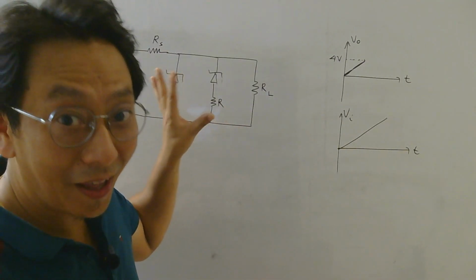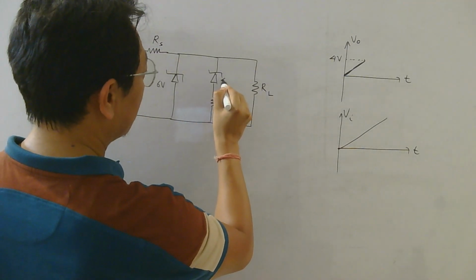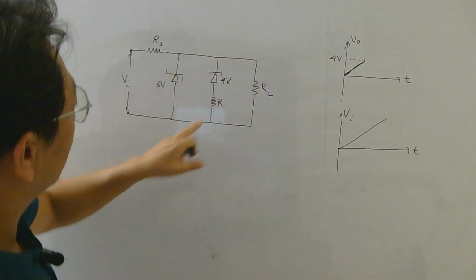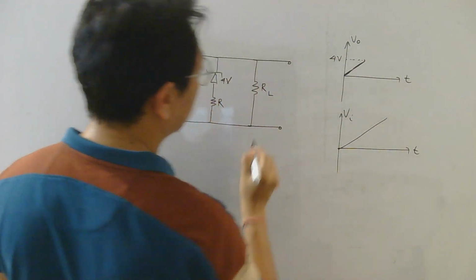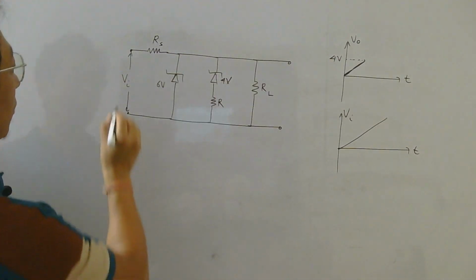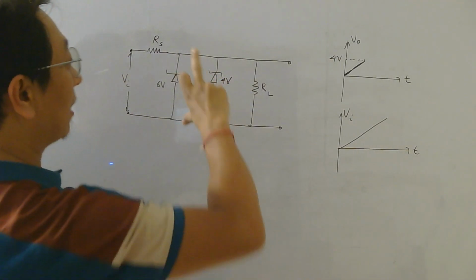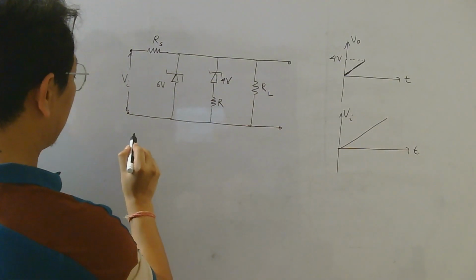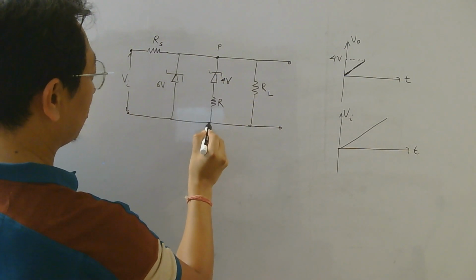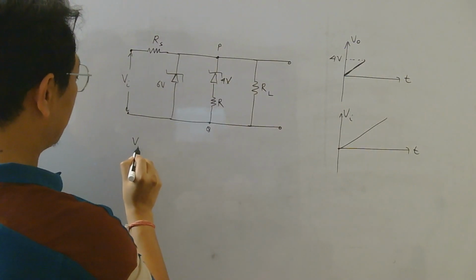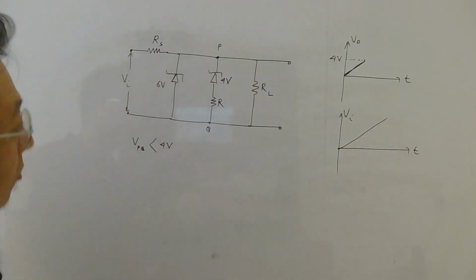Now let's come to the actual question. So if there is a resistance here, remember Zener voltage of this is 4 volt, then what will happen? How will the output voltage across RL change? Well, even now when input voltage is very small, voltage here will also be very small, and if it is less than 4 volt, if I call this point P and this point Q, if voltage across P and Q is less than 4 volt, then obviously